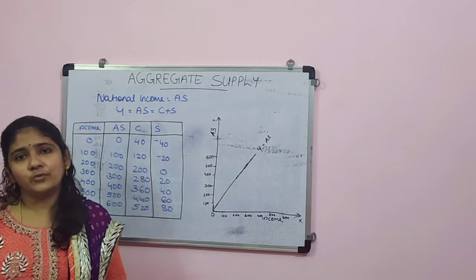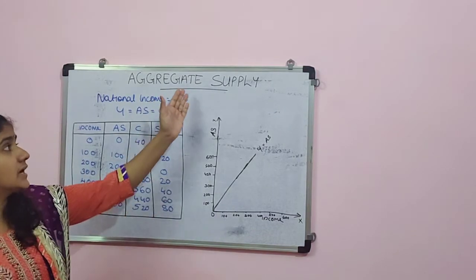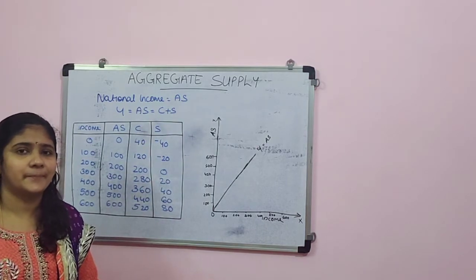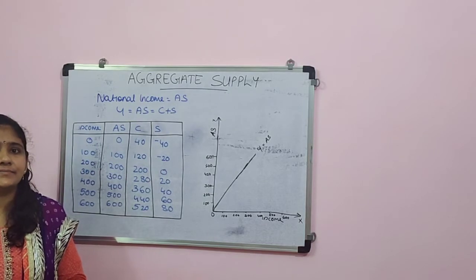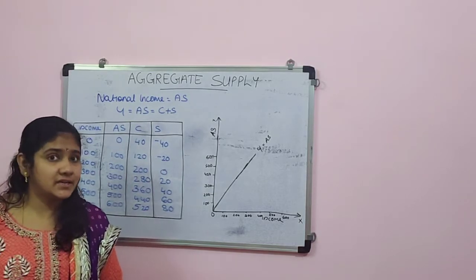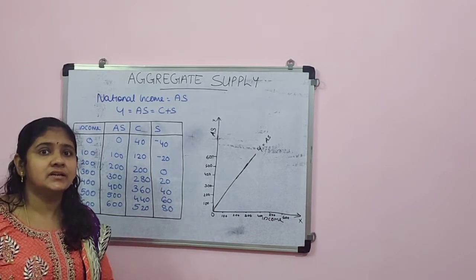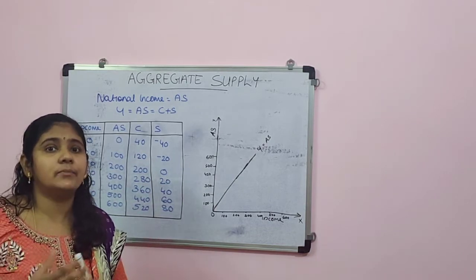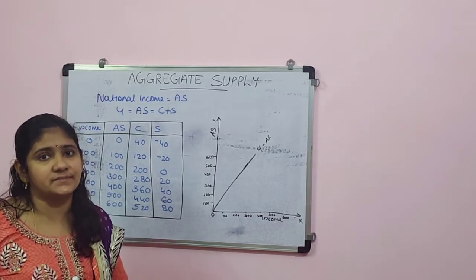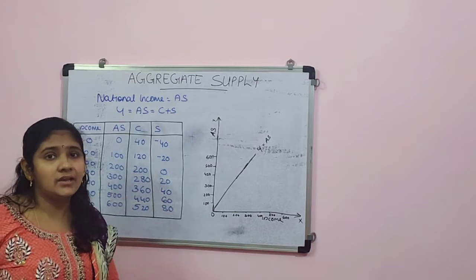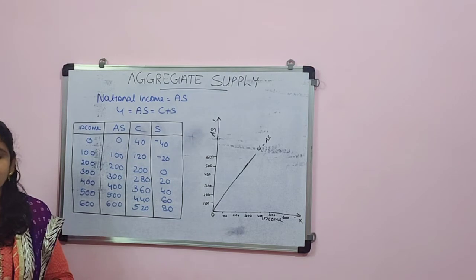Today we are moving to the next topic of this unit, that is aggregate supply. Yesterday we were discussing aggregate demand. Aggregate demand, there I told you, it is the expected demand, total demand for different types of goods and services. And here aggregate supply means actually it is discussing the